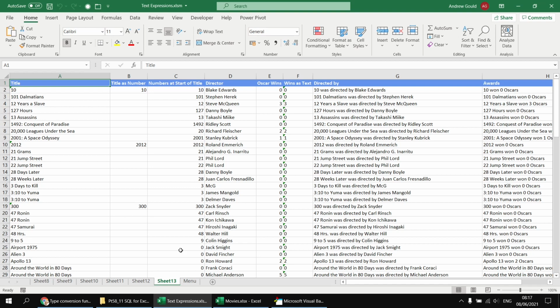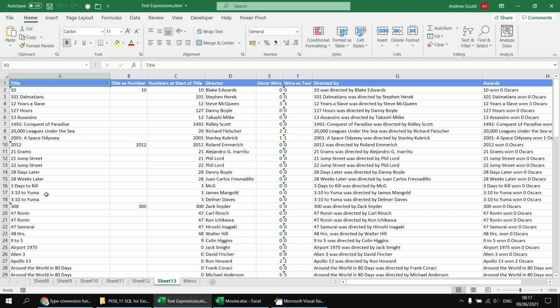There's not an awful lot we can do about this using the basic functions we have available. What we really need here is a regular expression, but that's a little beyond the scope of this video focusing on SQL, so we'll save regular expressions for another time. There is, however, one function we could use to help a little bit in cases like 3:10 to Yuma, where there's a specific character, a colon, that we could replace with an empty string, which would make the number 3:10